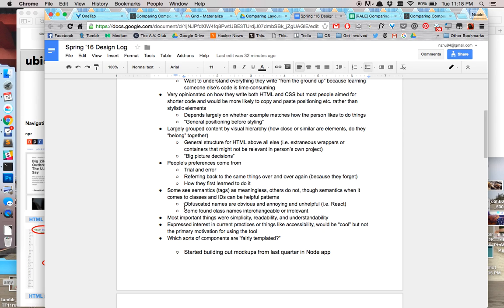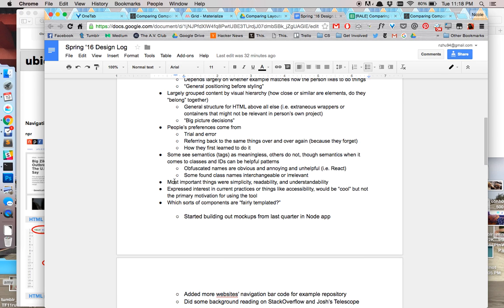And then some sort of nice to haves would be seeing maybe current trends or practices like using Flexbox in CSS or using more HTML tags that store metadata to make websites more accessible. And so after doing that,